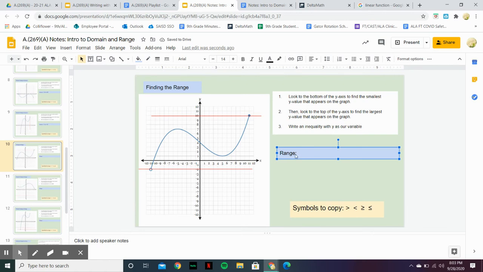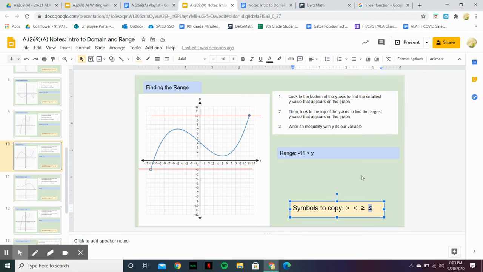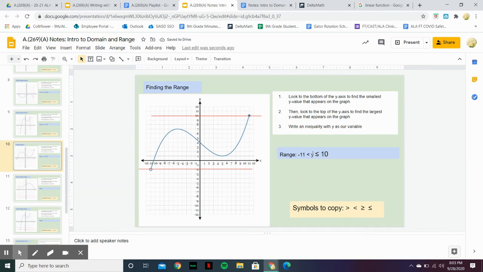And so for our range, I can say that the range is negative 11 less than or equal to y, because y is our variable for the range, and y is going to be less than or equal to 10 because remember 10 has a closed circle on it, so y could be equal to 10. I'm going to copy and paste that there. Now we have our range. Our range, which is our y variable, can be anything from,